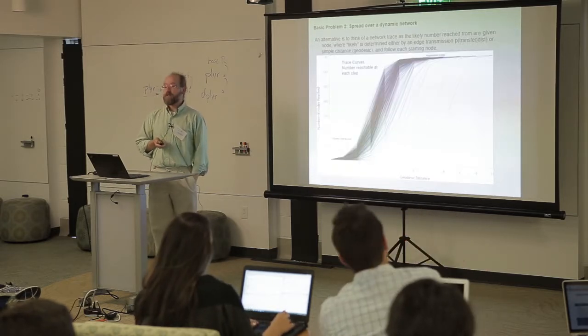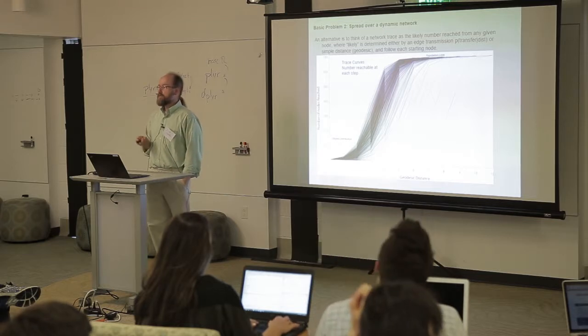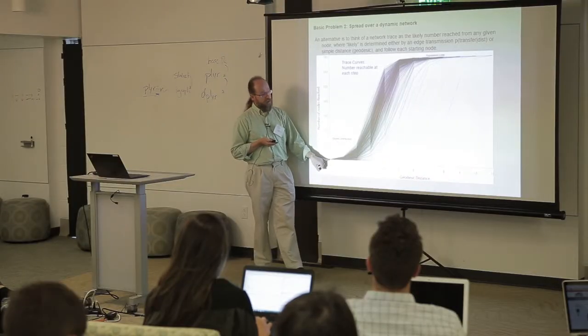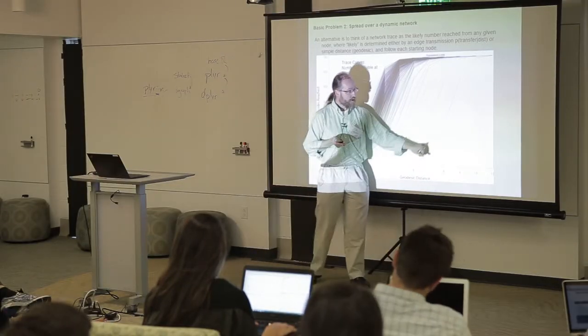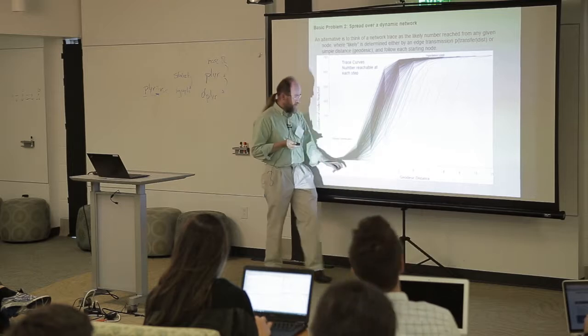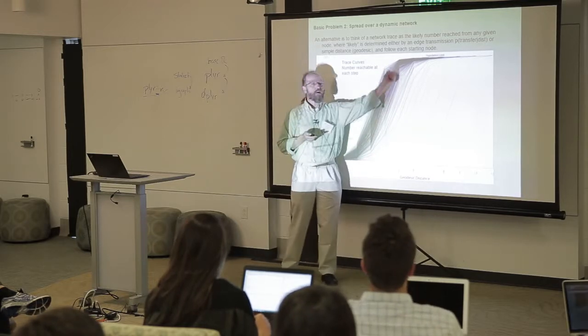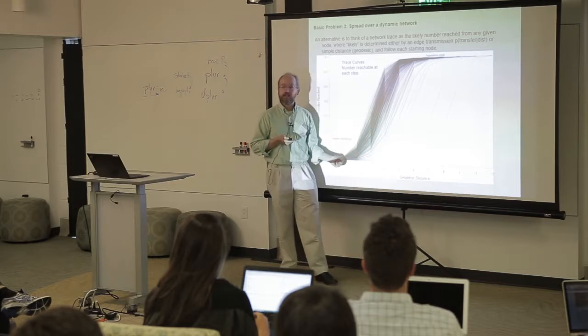You could instead do this as a distribution across all possible paths in the network, right? So I can imagine seeding an infection at each node and say this is the people that go out 1 step, 2 steps, and 3 steps. And this gives you a representation of the distribution of possible diffusion paths within this underlying network. And so in some places, I would start this network, and it would take forever for the population to get reached, whereas in others, I could start and I'd move quickly. But on the whole, you get this kind of a path. That would be the diffusion risk in this network.